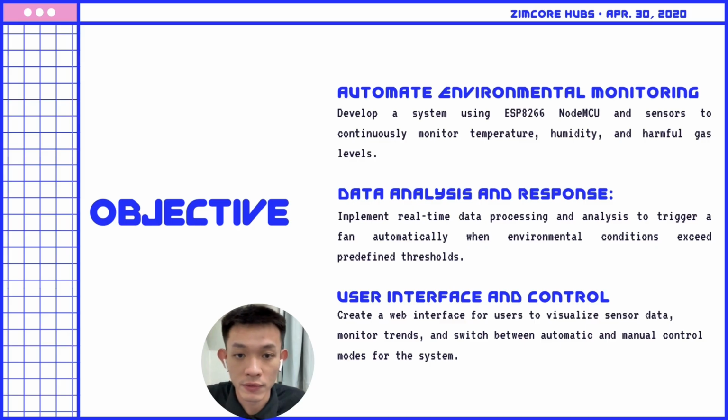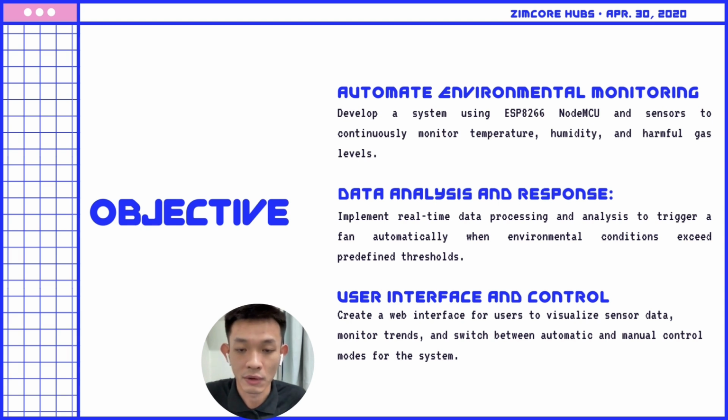Alright, so our first objective is to automate environmental monitoring. We aim to develop a system using the ESP8266 MCU and sensors that can continuously monitor crucial environmental parameters such as temperature, humidity, and harmful gas level. This automation ensures that data is consistently gathered without the need for manual intervention and provides real-time analysis into